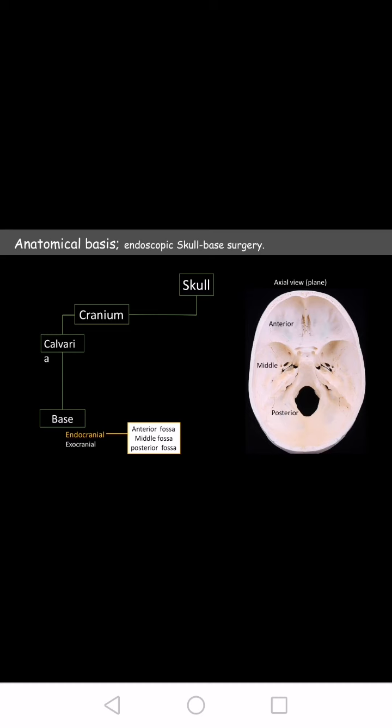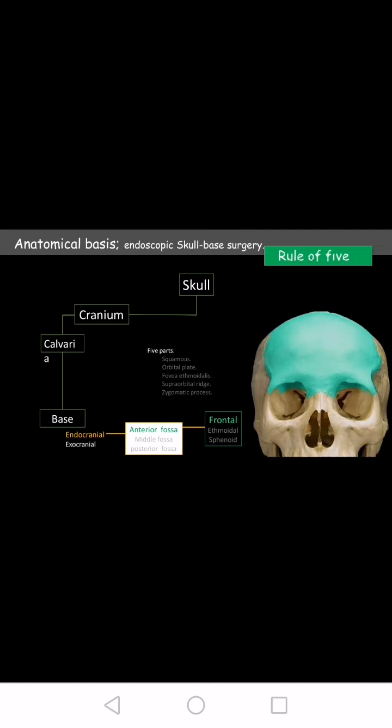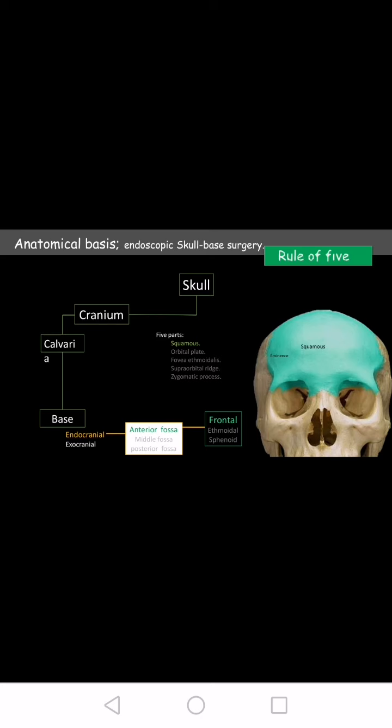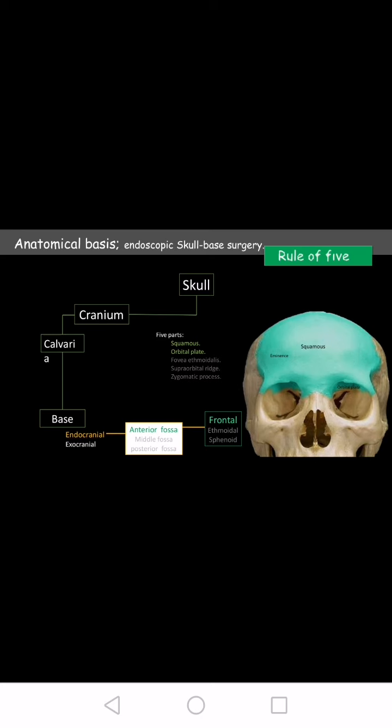Looking at the endocranial part of the skull base, it can be divided into 3 fossae. The anterior and the middle fossae are divided by the sphenoid ridge, and the middle and the posterior fossae are divided by the petrous ridge. The endocranial component is also made up of 5 bones: the frontal bone, sphenoid bone, ethmoid bone, temporal bone, and occipital bone. Now we'll talk about these bones individually. The frontal bone is also made of 5 parts: the squamous that includes the eminence, the orbital plate,